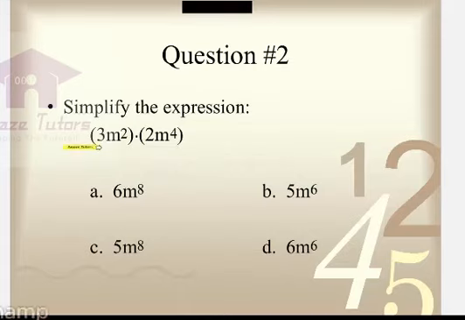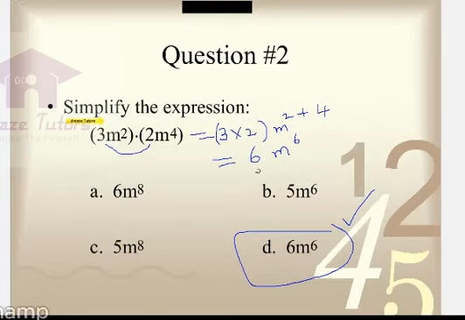2 threes are 6. m power 6 is the correct answer, which is option D. So, never ever add the coefficients. That is a mistake. It has been given like this, 5, because they have added 3 plus 2. But it is multiplication only. 3 twos are 6. But add the exponents. Whenever there are letters with powers, it's a product. Dot means product. Add the powers. That is the D. Option D is the correct choice.